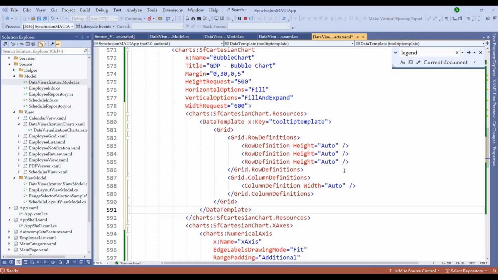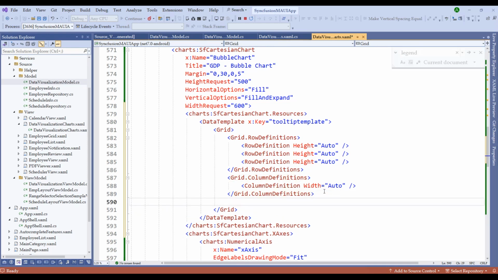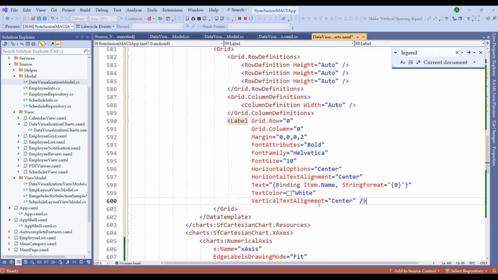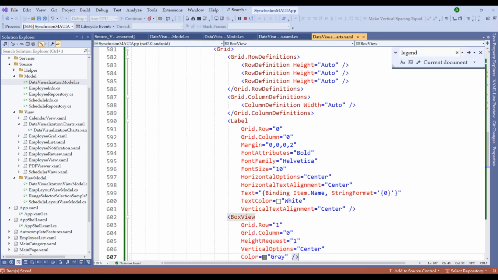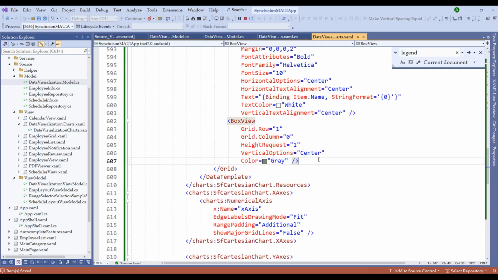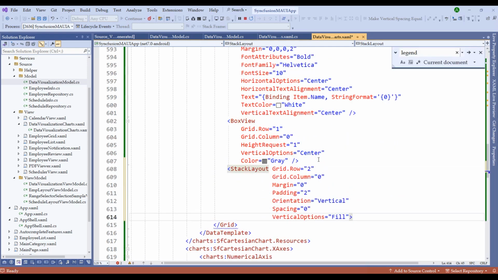So let me define a label right after this column definitions within the grid that holds the property of binding item.name, and then I'll create a box view after this label as a line separator for the tooltip. Now within that, we will create another stack layout right after this box view. The stack layout will display the pop-up related to the bubble. So let me close this stack layout, and within the stack layout, in the beginning, we will add a label